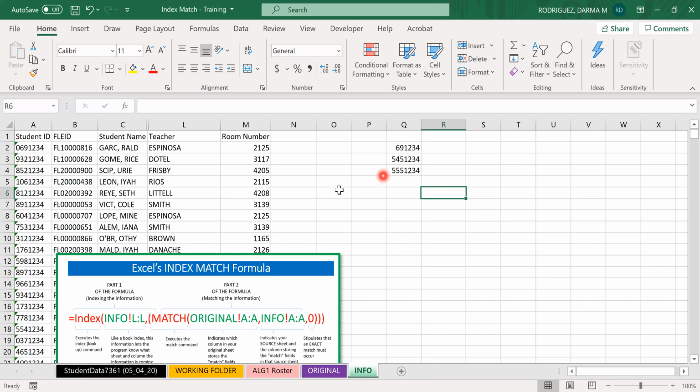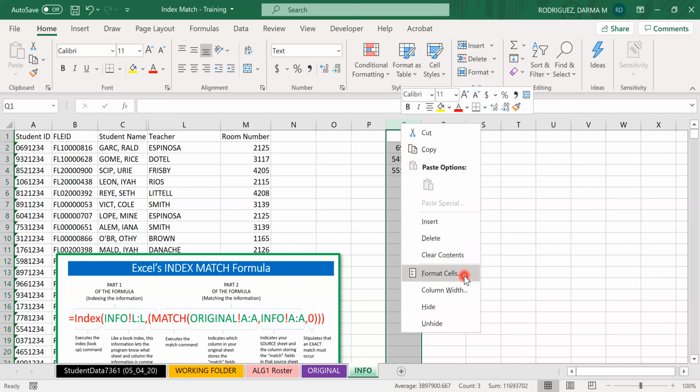And the last difference that you're going to notice is that this column shows a little triangle up at the corner, whereas these values have no triangles. So let's go through some of this. Let's say that you want that leading zero in there. Everybody's tendency is to select the column, come down, say Format Cells,